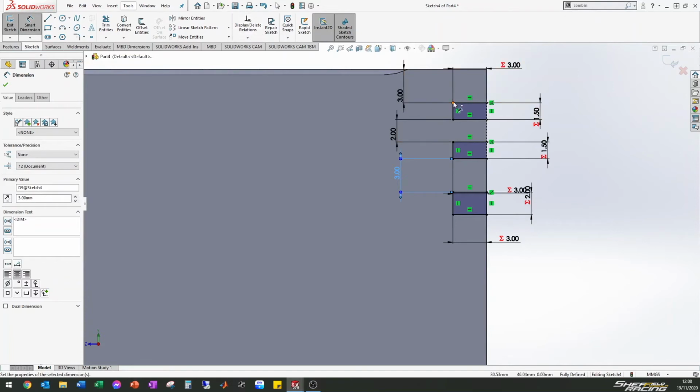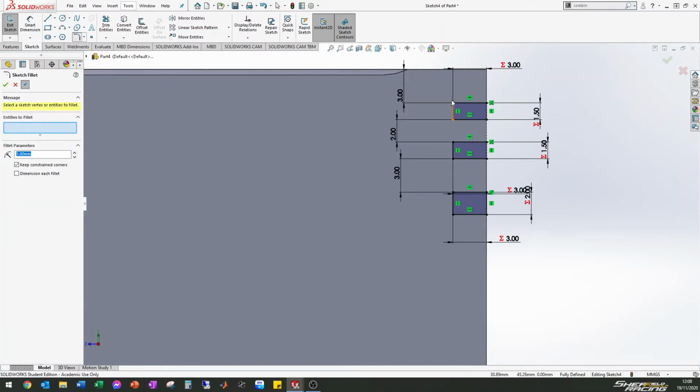And then the final thing is the radius that I mentioned at the back of the ring groove. Those radiuses are going to be here and here, or look for each one. So if I click the sketch fillet and I click the point, and if I change this value, because I think this is a SolidWorks bug, it doesn't let you type any of the variables in here. So if I just put 0.1 millimeters,